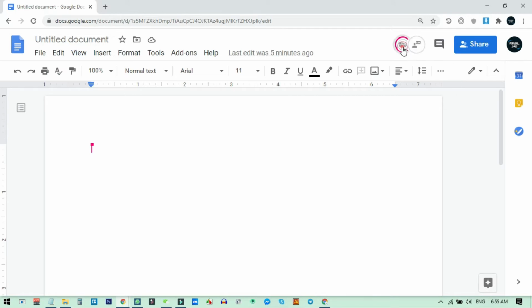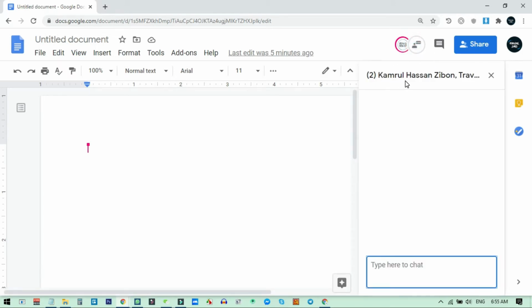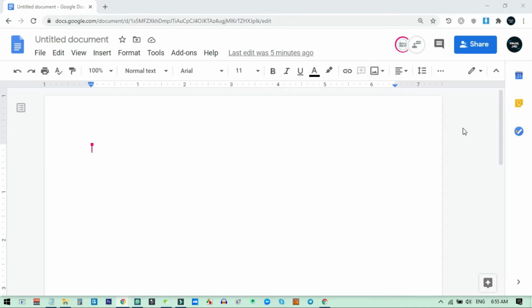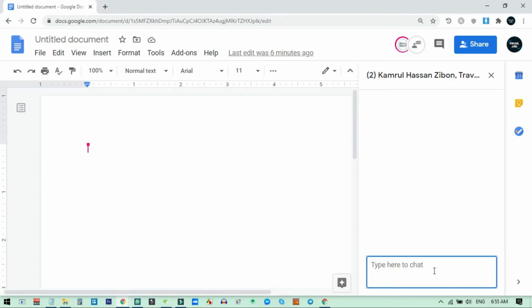So we can see all the editors by clicking here, which editor is online or not, and we can see all other things. To use the editor chat in Google Docs, we need to click on this icon. You can see this button is called Show chat. Here if I click, we will get a pop-up box, and in this box we can send any text message and we can communicate between the online editors on the document.